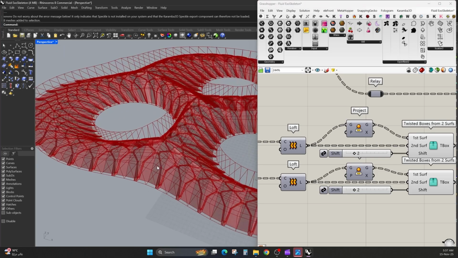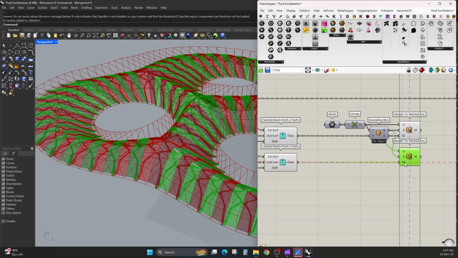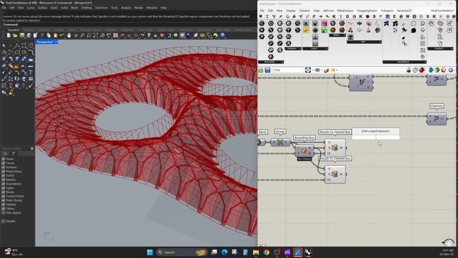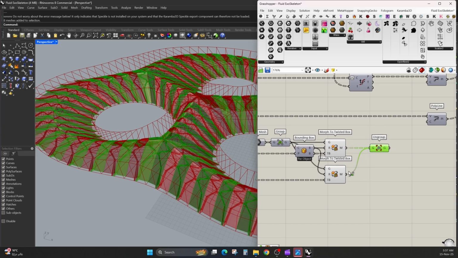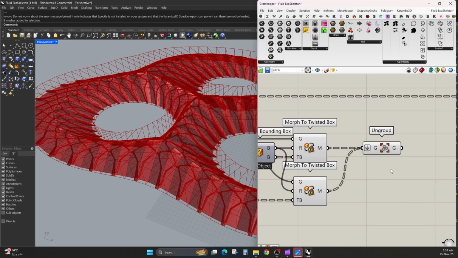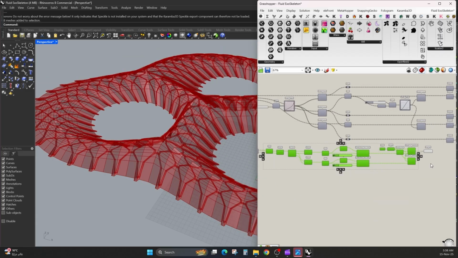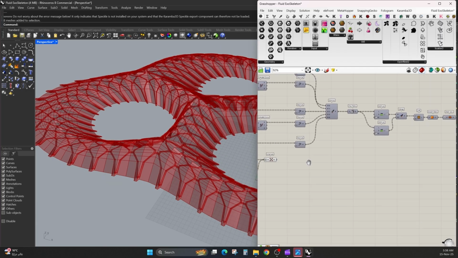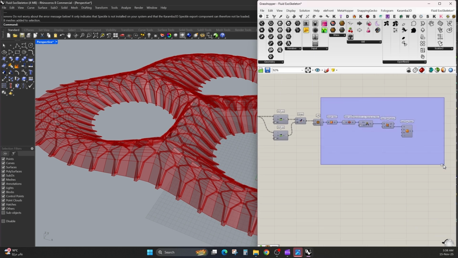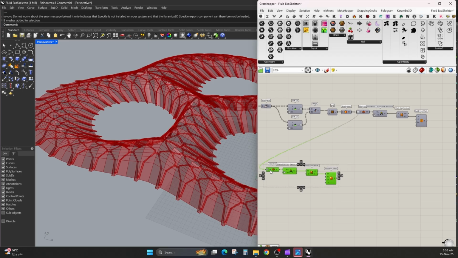It's a matter of how you organize your things. But this is it for this. After that, you will simply ungroup all of these twisted boxes, maybe even flatten, so you don't deal with any data tree. After that it's basically simple, something like this, because they are already meshes, so you can just grab something like this